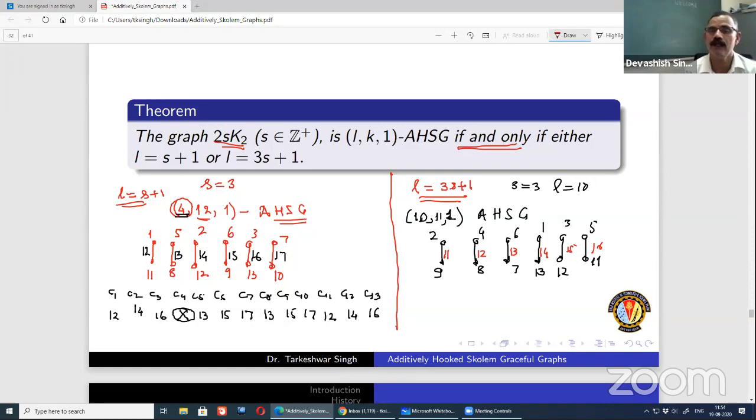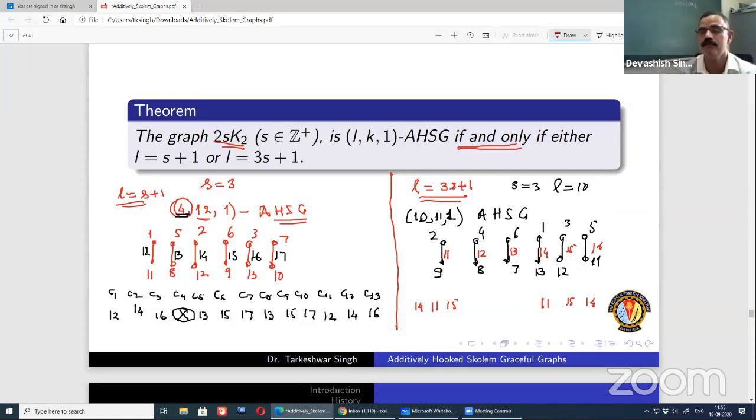If 1 appears at 14, it will appear at the 1 place, then another 14 will appear at the 13th place. So at the 13th place, you can write 14. Then 11 appears at the 12th place, 2nd place, then that will appear at the 9th place here. Like that, you can easily find that out. See, 15 appears at the third place, so you can write that sequence 15, and then here we are going to write 15. Like that, we are going to get all such sequences here. So this is a similar sequence, and we are going to get that one.